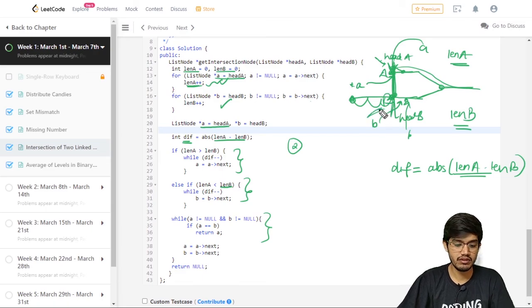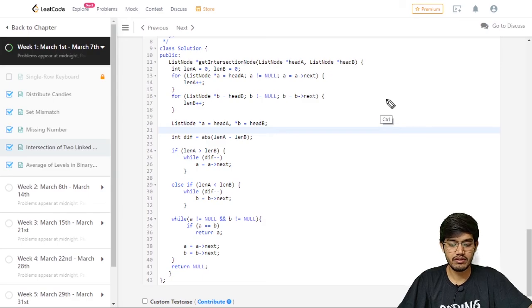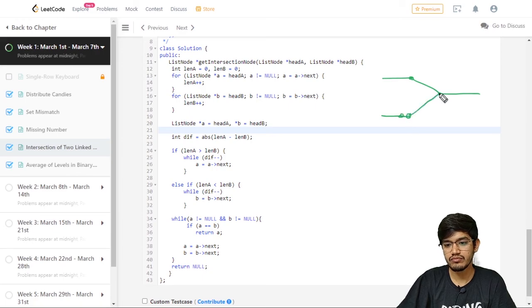A will be starting from here and B will be starting from here. Let me just clear this so that we can get a better understanding. So suppose this is the case. A will be starting from here and B will be starting from here. Now both will be iterated at the same pace.